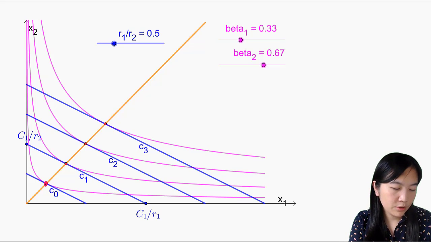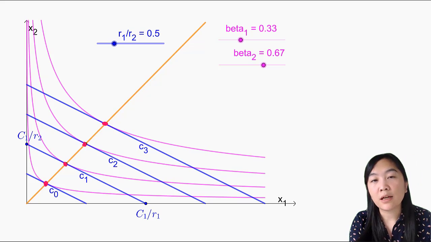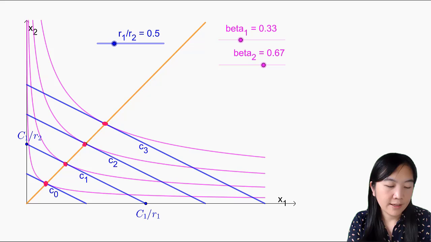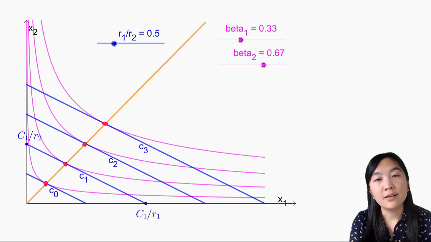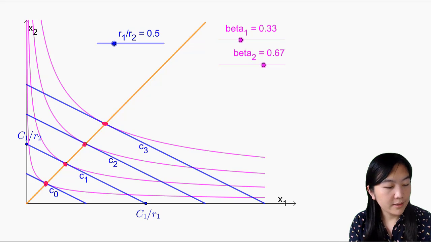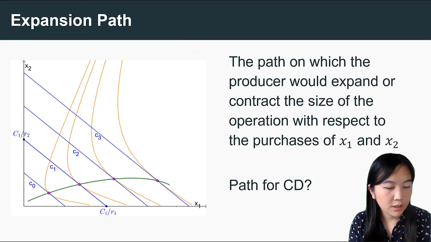And if we solve this combination problem for different output levels, then we connect all those points. Then we can find that that's the expansion path, and the expansion path is a ray line. It's a line from the origin connecting all the least cost combination points. So this is a really important result here, that the expansion path is a straight line, and this is not generally true for